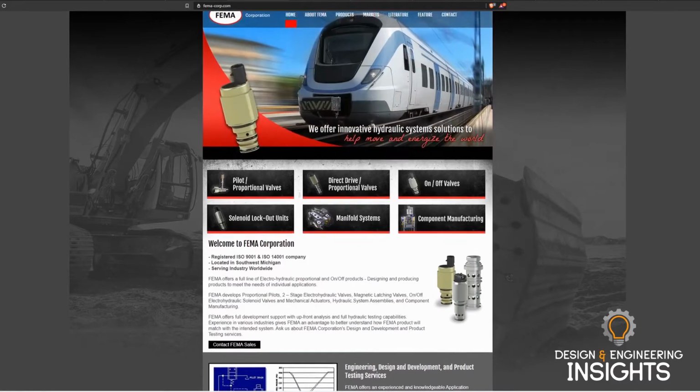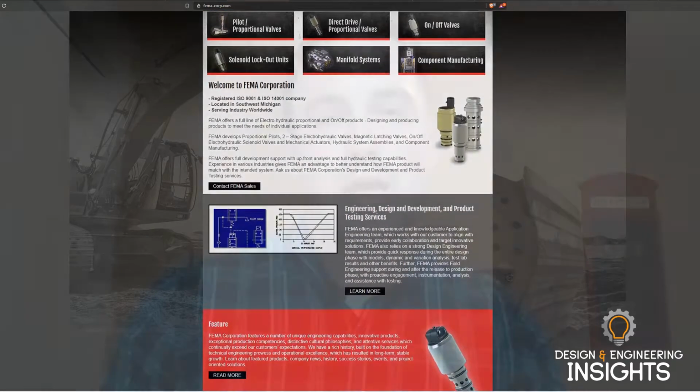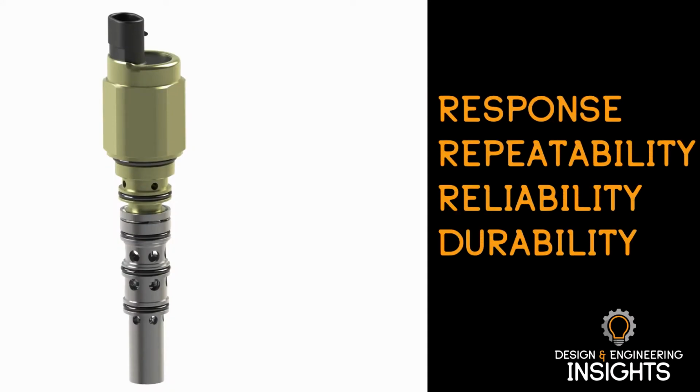So maybe if you could provide an overview of FEMA's frictionless suspended armature technology, how it works and the benefits it offers. I'd like to say that in the world of electro-hydraulics, and in particular electro-hydraulic proportional pressure control valves, the key is to control the output pressure, especially in a pilot type valve. And so there are design goals such as response, repeatability, reliability, durability, and life that are key in the solenoid valve